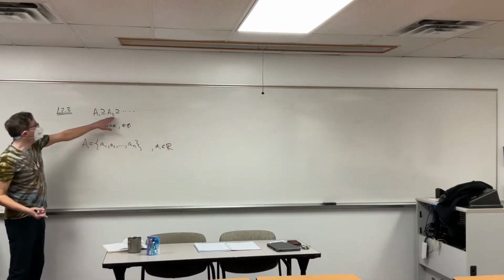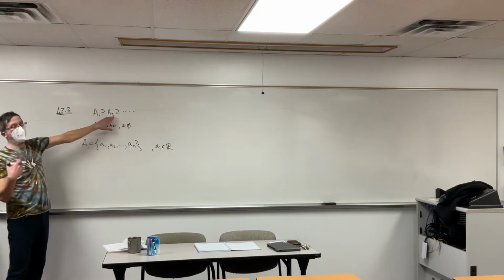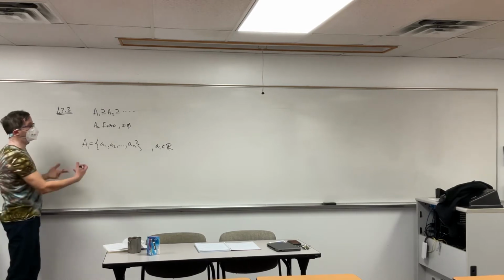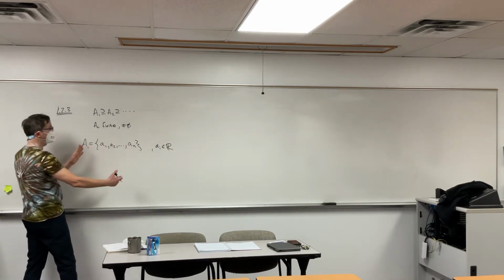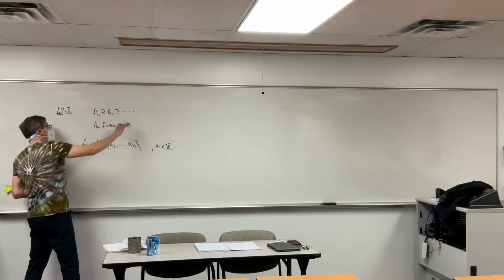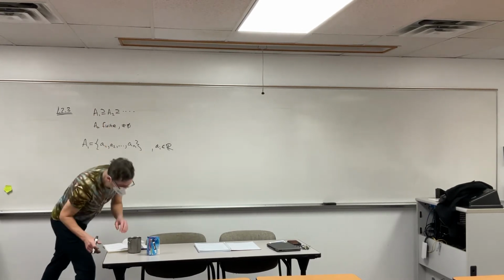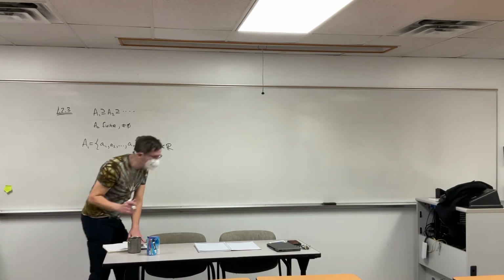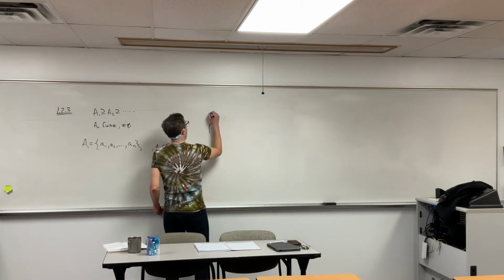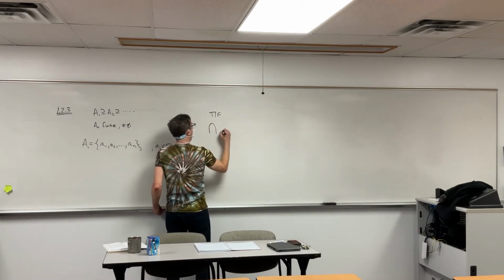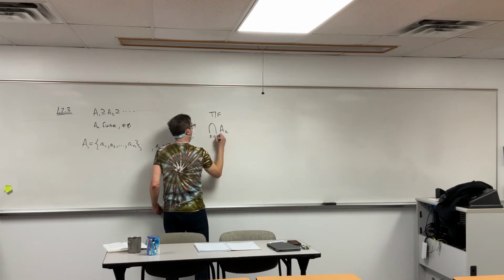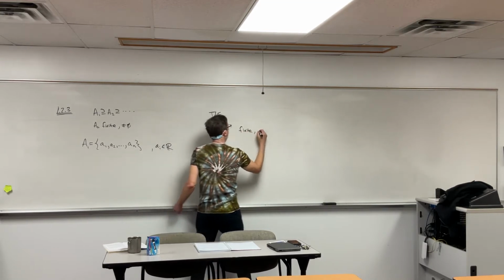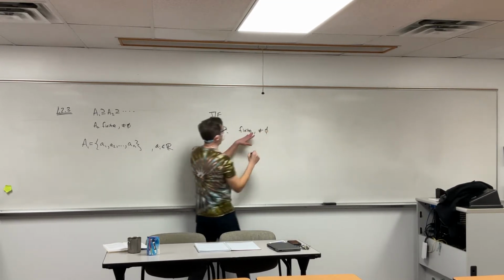And now that I've got this nesting, I own every set in this chain in some way. I don't own them exactly. I don't know what their precise nature is in terms of elements. But this containment tells me something big. So what are we supposed to see here? Oh, the intersection is finite and non-empty. So true or false, the intersection is finite and non-empty. So there's really two things to argue here.